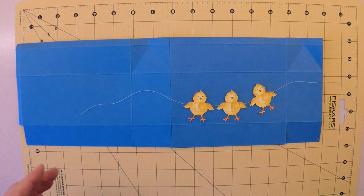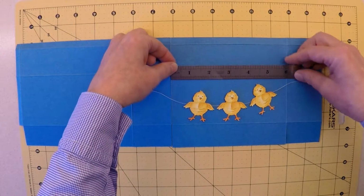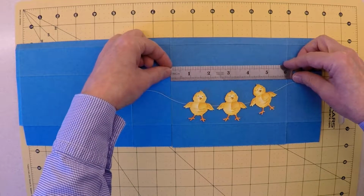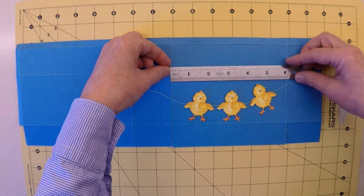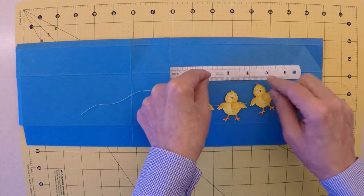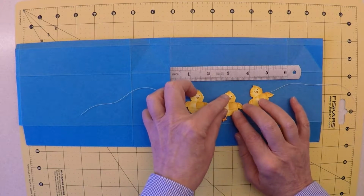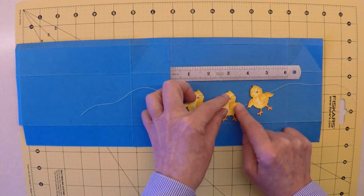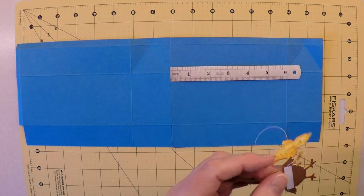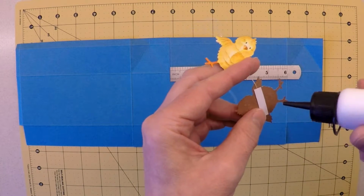So I am going to use my eye to a certain extent, but I'm going to place my ruler across the front of my box in order that I can see this middle 3-inch marker point. So that will more readily enable me to make sure that that chick is positioned centrally. So by using that, all I'm going to do now is to apply some PVA glue to the back of my chick,